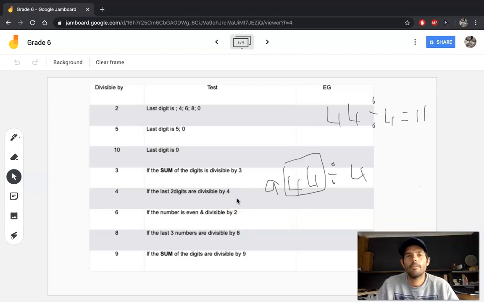8 is very similar to 4, except it's the last 3 numbers which need to be divisible by 8. The same reason applies: we know that 8 can go into 1,000 125 times, always. So it can go into 2,000 perfectly, it can go into 3,000 perfectly. So if I had a number